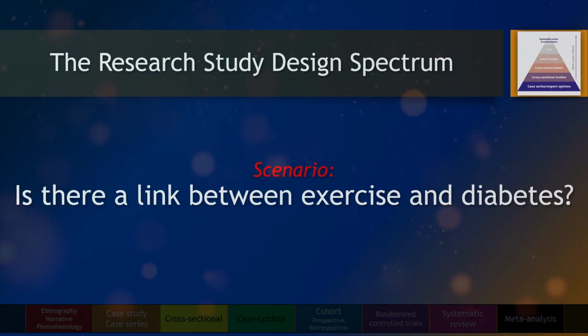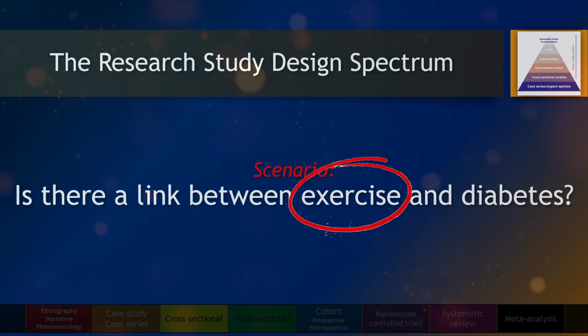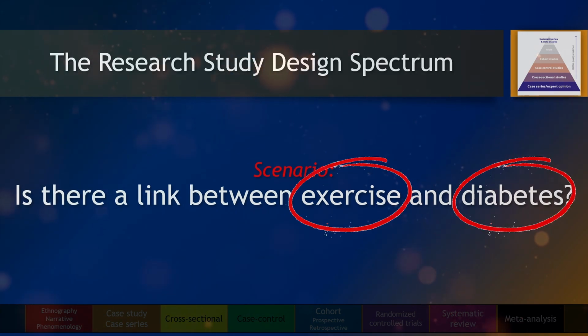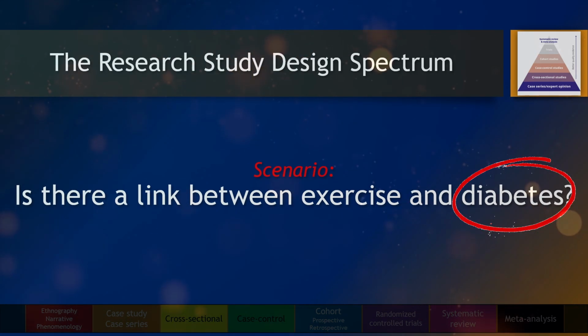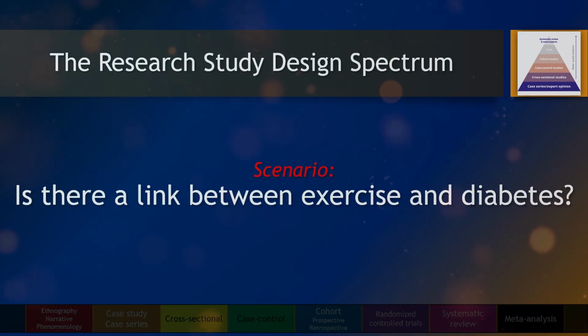Let's now present a scenario so that we can visualize the different study designs better. For most of our discussion, our sample research question is: is there a link between exercise and diabetes? For this research question, we can identify our two main variables: exercise and diabetes. Before we can even discuss study designs, we have to define our variables first and define them systematically. Remember, these variables are also called the population parameters or the sample statistics that we are interested in knowing.